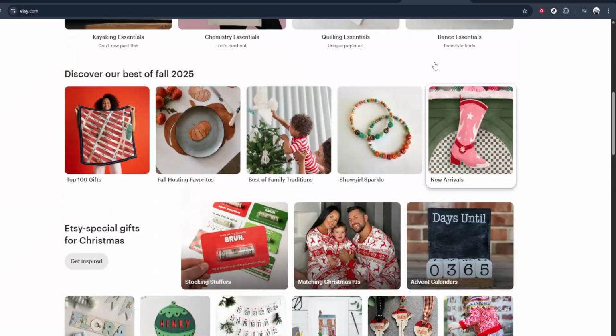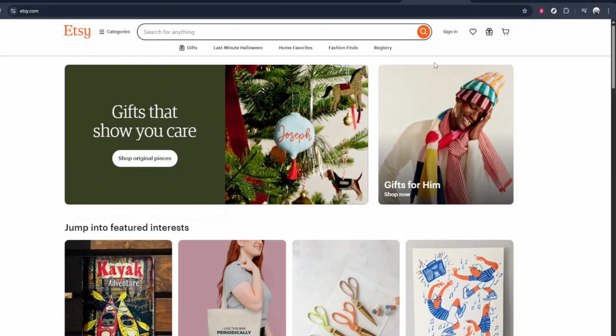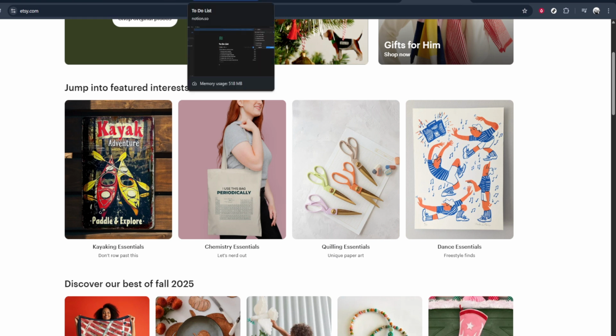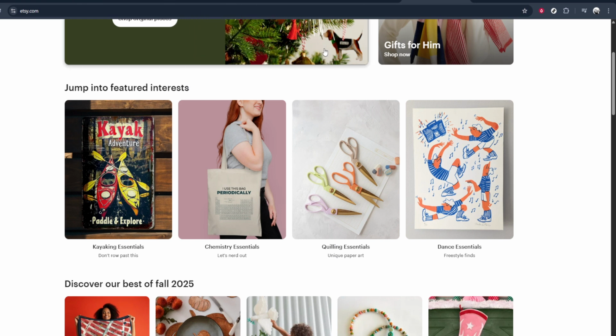You can also sell your Notion templates on platforms like Etsy, which is widely known for creative goods, or any site that supports digital product sales. Choose the one that suits your style best. And that's it. You're all set to start selling your Notion templates. By following these steps, you can transform your digital organizing expertise into a stream